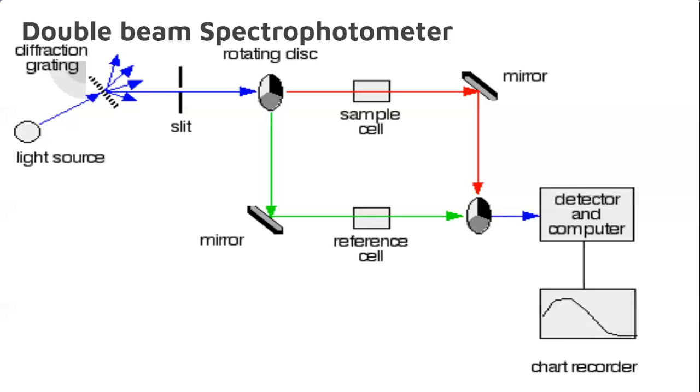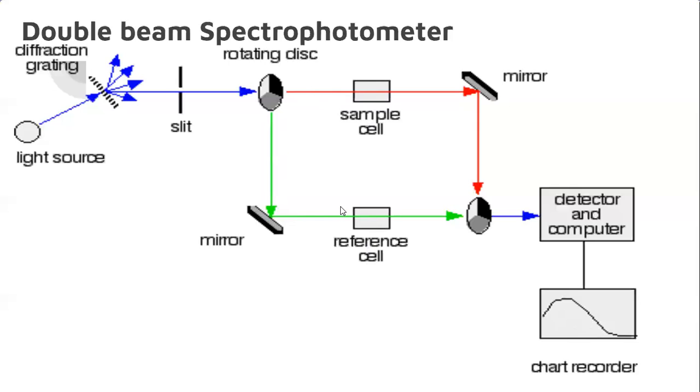Whatever radiation comes in will be transmitted. And in the sample cell, we place our sample or analyte, and that analyte is dissolved in the solvent, thereby we get a solution, which is known as the analyte solution or sample solution, or you can say sample fluid. The light passing through the reference cell and the sample cell has the same intensity and the same wavelength.